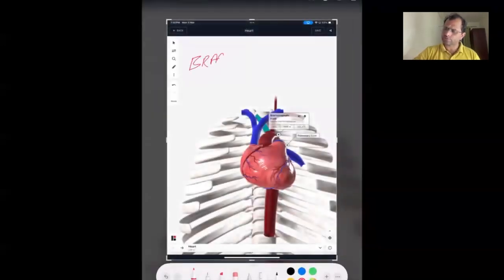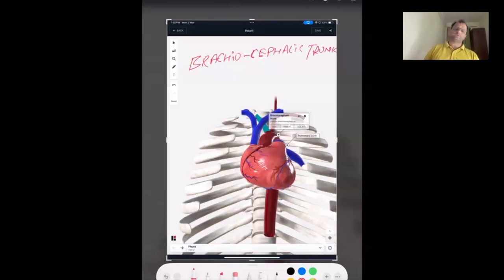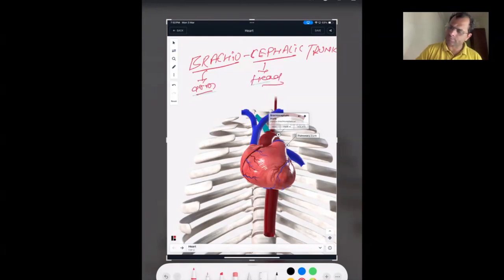Brachiocephalic trunk. ट्रंक का मतलब होता है मोटी वाली, ये भी थोड़ी मोटी, इतनी पतली नहीं है, अभी अभी निकली है। The meaning of brachio who is going in the arm, the meaning of cephalic who is going in the head. So the brachiocephalic trunk जो राइट साइड के हेड में भी जाएगा और राइट साइड के आर्म में भी जाएगा।